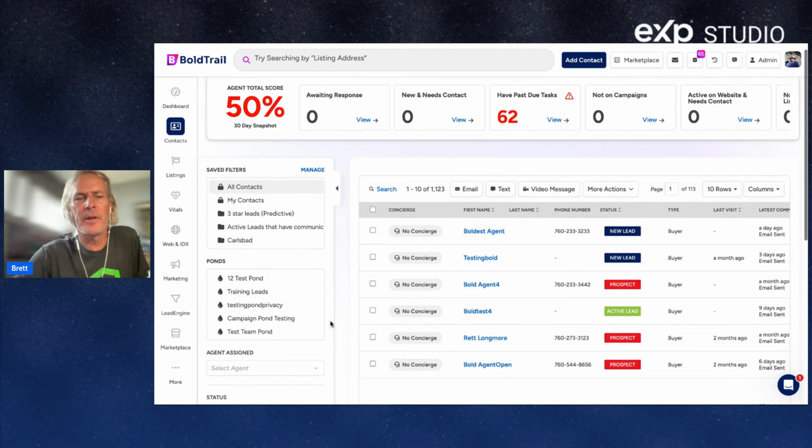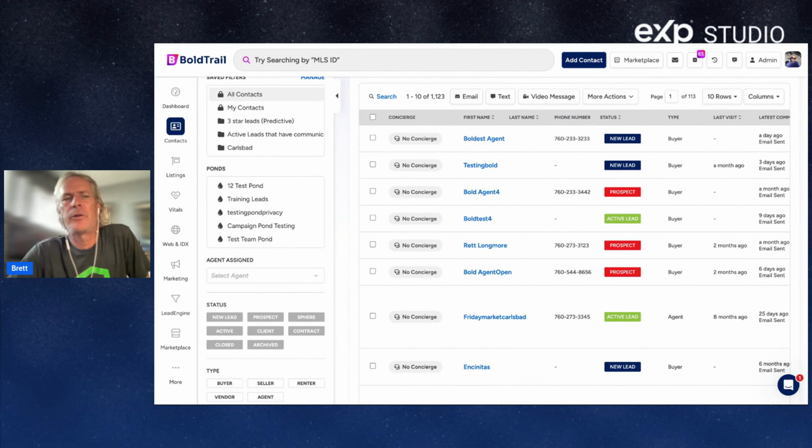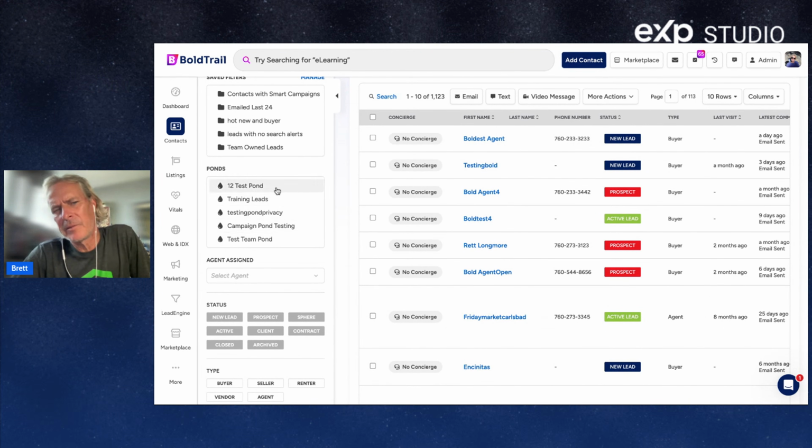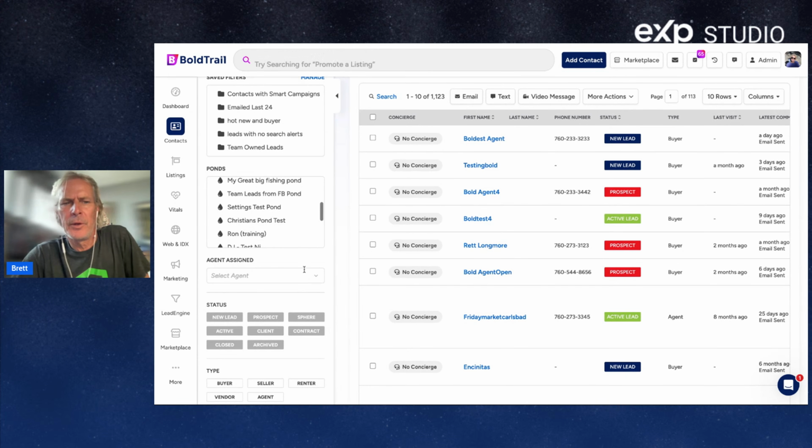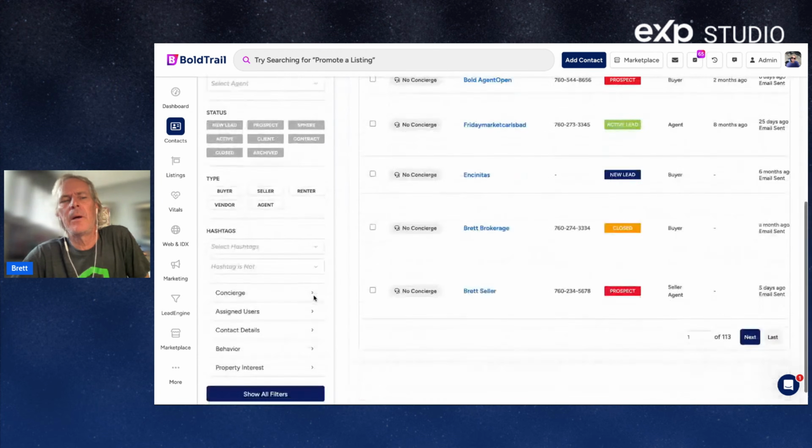Show me over on the left is my filter. You'll see I have some saved filters up here. I can create as many as I want. If you're an admin, you can create lead ponds for your people. But our focus here is going to be on the